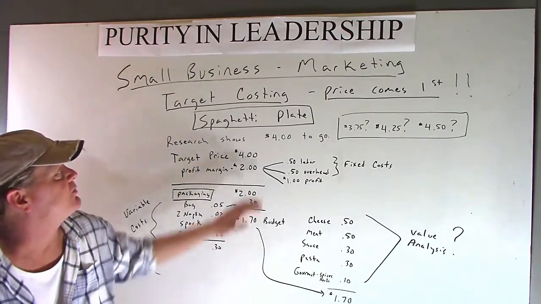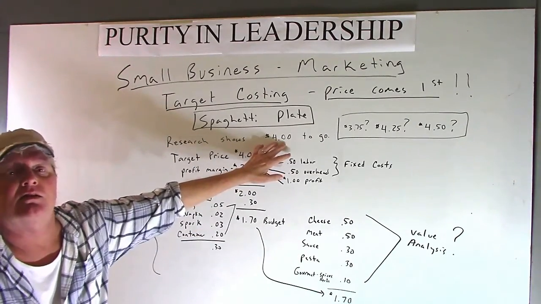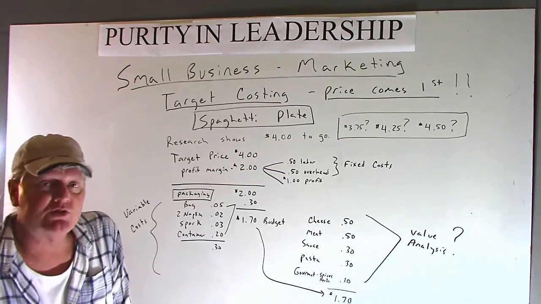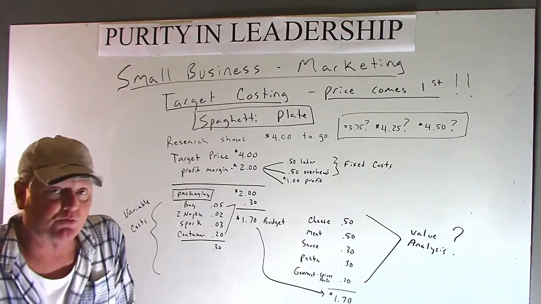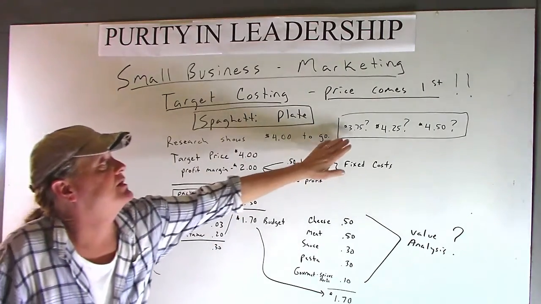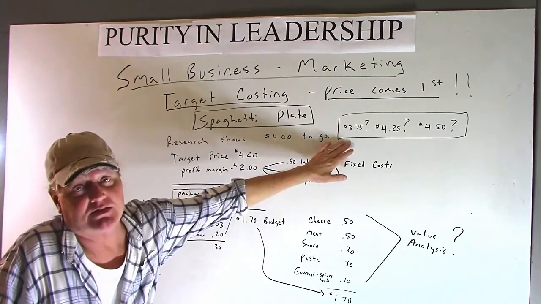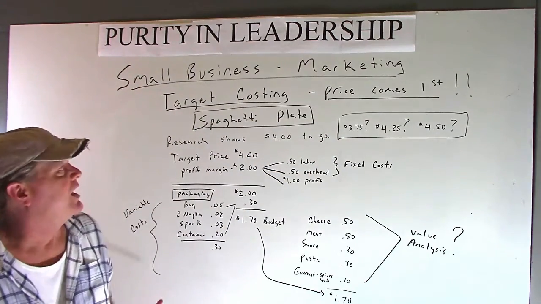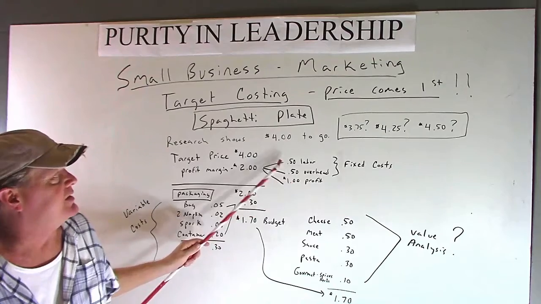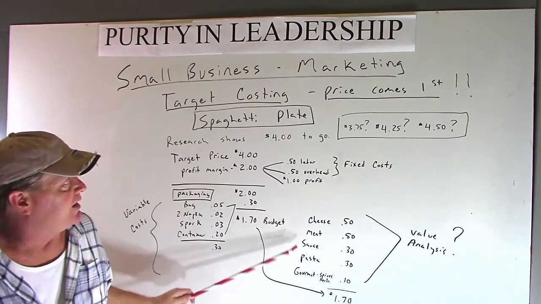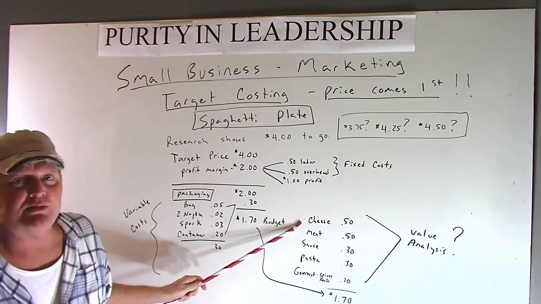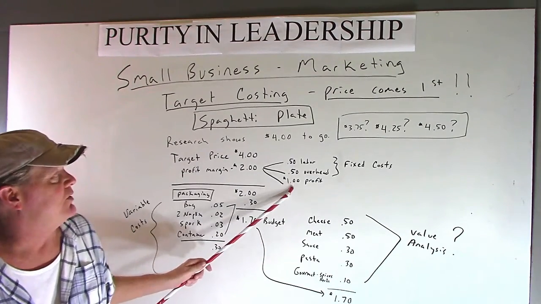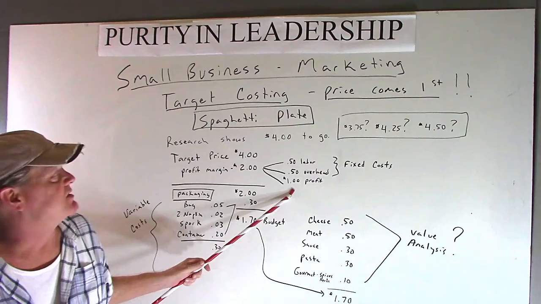Now, what if we decided that our market research showed that the spaghetti plate should be $4. That's what people are willing to pay. But what if we said, hey, maybe we'll get more business if we drop it down to $3.75? And if we do, we have to take money out of somewhere. And we might have to go skimpy on the cheese, skimpy on the meat. We don't really want to do that. We might only make 75 cents on profit